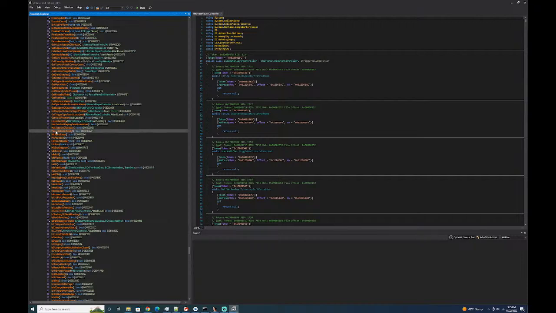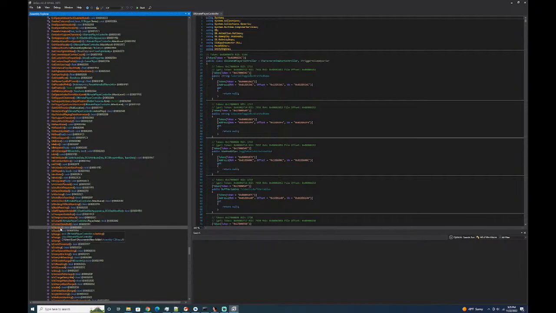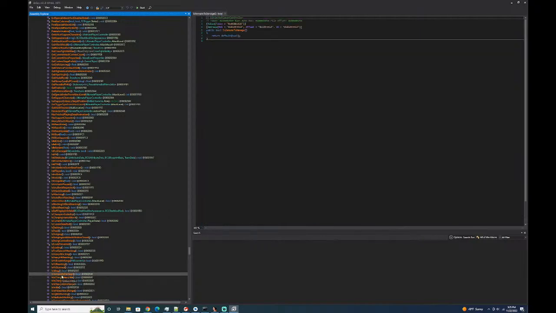So Booleans can be great attack vectors because, instead of checking it dynamically, you can just force it to always return true. I explained that a little bit in the last video. But anyway, I came across this little guy. This field name is immune to damage. So I went, and we talked about